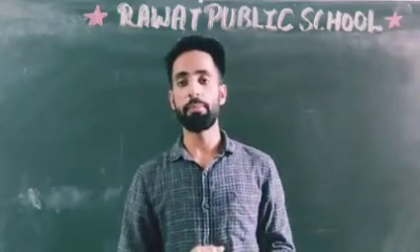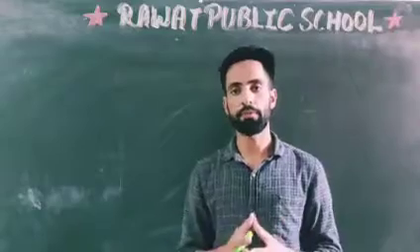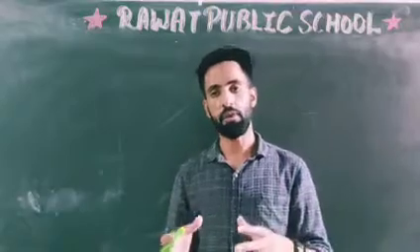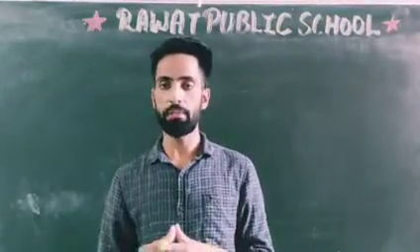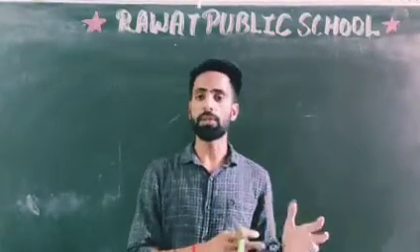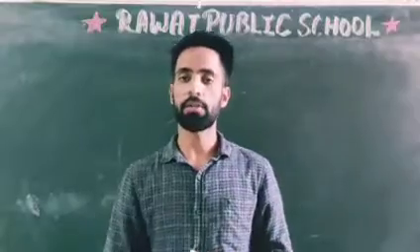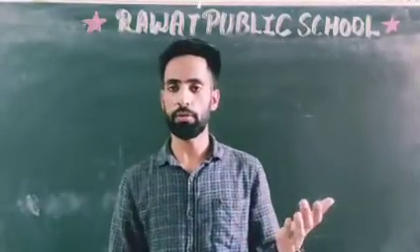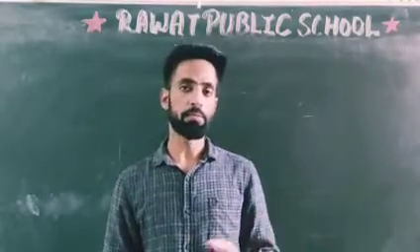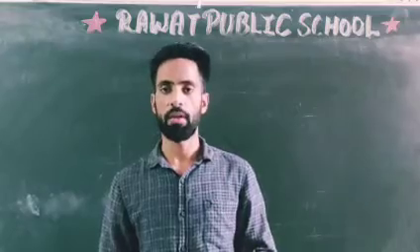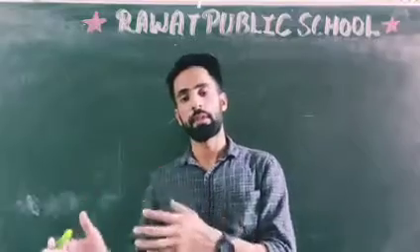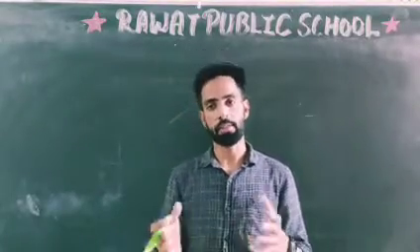Today in this video we will be learning about the various forms of a straight line. A straight line has one standard form, which is the linear equation in two variables, ax plus by plus c equal to 0, but that equation can be converted into various forms. Those forms are called the point slope form, horizontal form, vertical form, two-point form, intercept form, slope intercept form and normal form. In this video we will try to understand at least three types of the various forms of a straight line. Let's start.